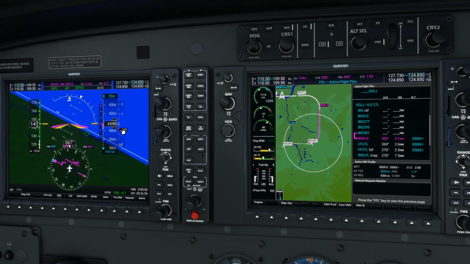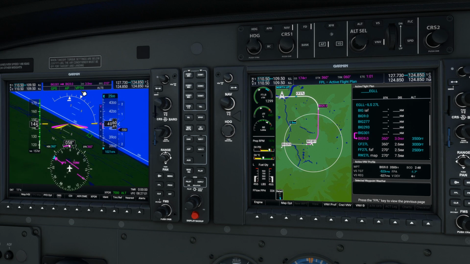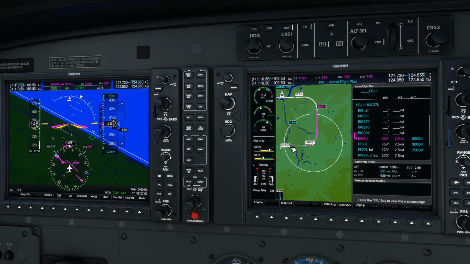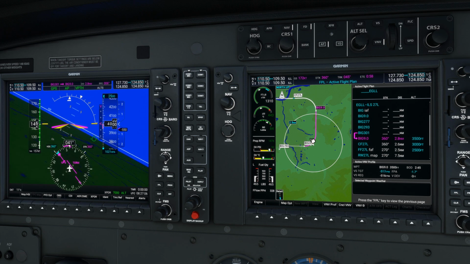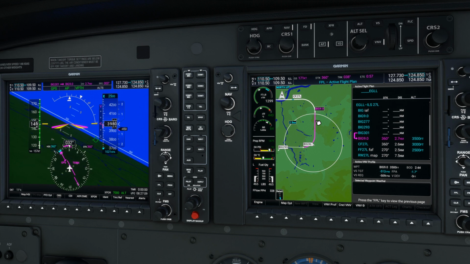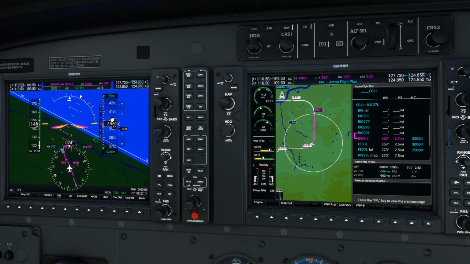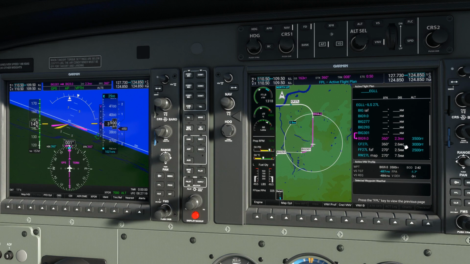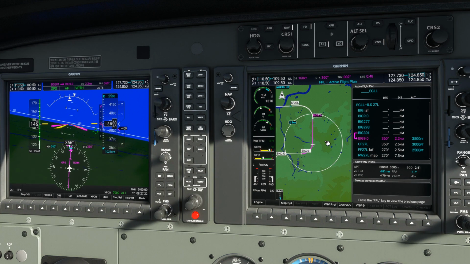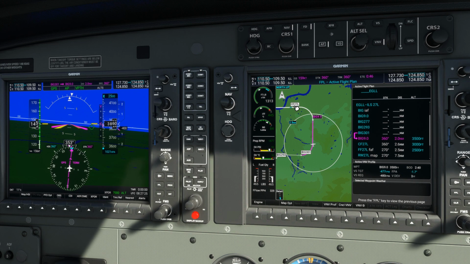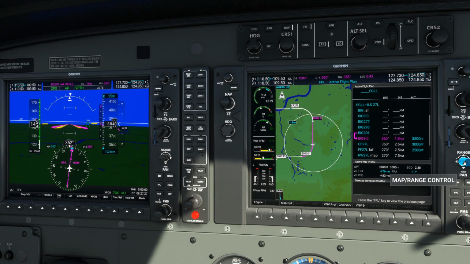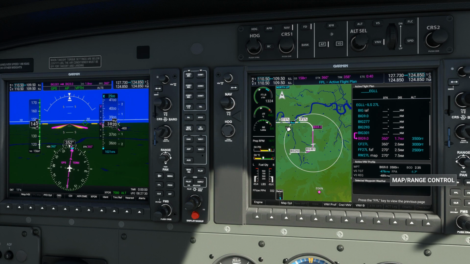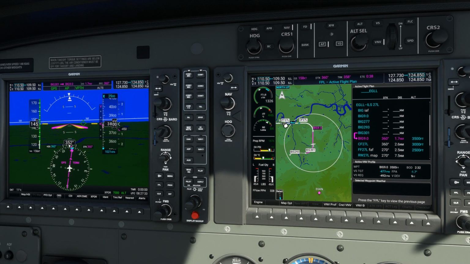I've stayed in descent, so I stayed in our VPath. It's a bit different from your typical vertical navigation. You usually get top of descent and bottom of descent along your vertical navigation course. Under ILS, it will simply stay in VPath mode all the way down, like I said, to 2500. So I'll keep you here for this part to show you that mechanic in operation. So we're coming up along this point here, then this point will go purple, and then we'll get to our very last leg, which is onto our final fix for ILS 27 left, and then we can activate